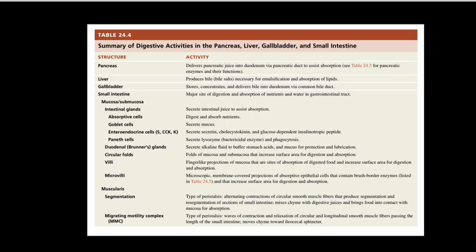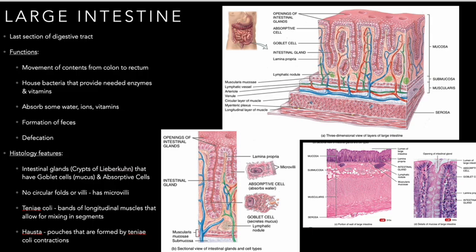All right, so here is a summary of everything that happens for digestion in the pancreas, liver, gallbladder, and small intestine. So really helpful kind of summary table. All right, last step in the intestinal tract is our large intestine. So the last stage of